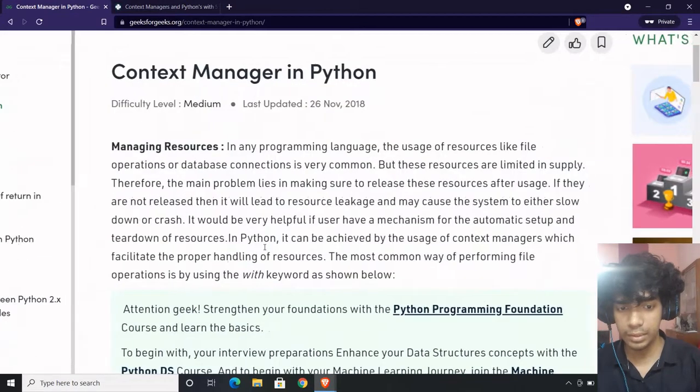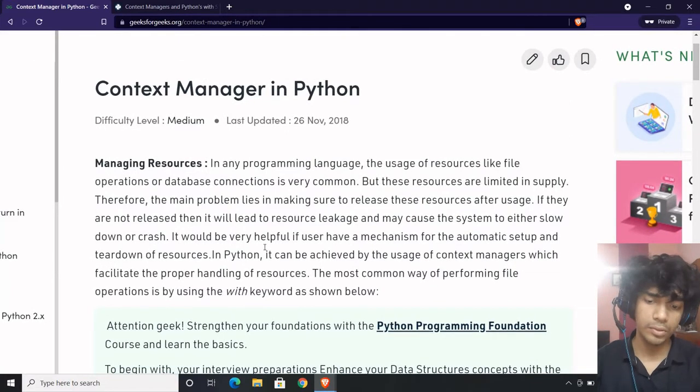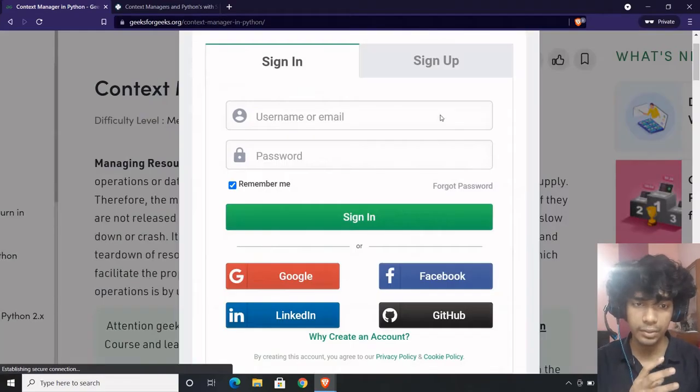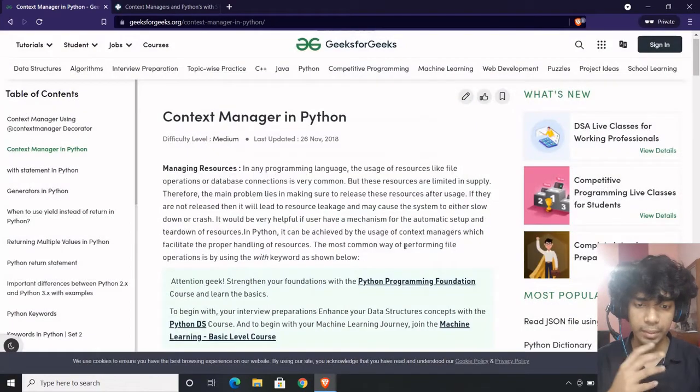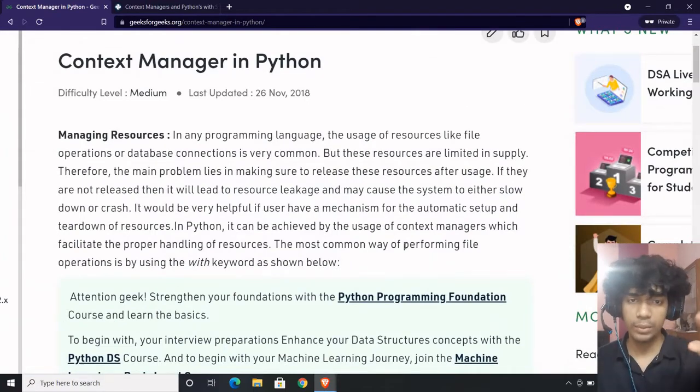So basically, context manager is about how you manage resources in Python. Although resource management is usually done with context managers, it's not exactly resources. The way I would like to say it is, you're dealing with multiple files. You wouldn't like to crash your processing when you're dealing with multiple files. So how do you maintain the scope? One method is f equal to open the file name and whatever the mode is, but this is only good if you are limited to a small part of a code.